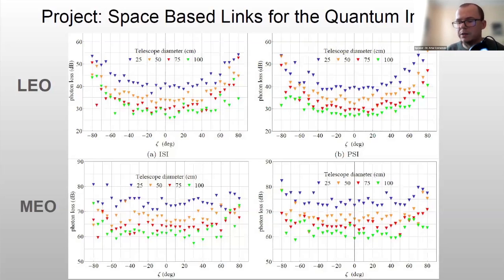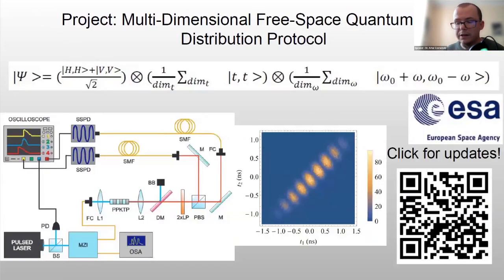So different advanced mathematical methods are applied to simulate stuff like that. Finally, we have a project about a multidimensional free space quantum key distribution protocol. So it's very advanced mathematics that has the goal to further advance quantum communications. Because usually when you talk about QKD, you mean a situation where you encode information in the polarization degree of freedom. So everyone has heard about polarization. We can distinguish different polarization states, and we can use them to encode 0 and 1, and then